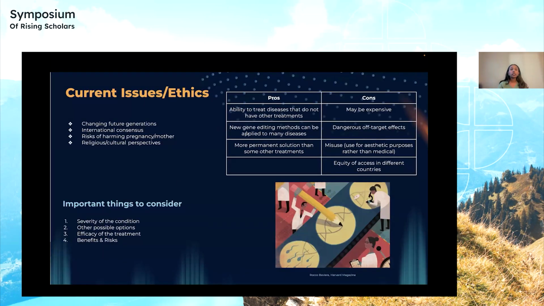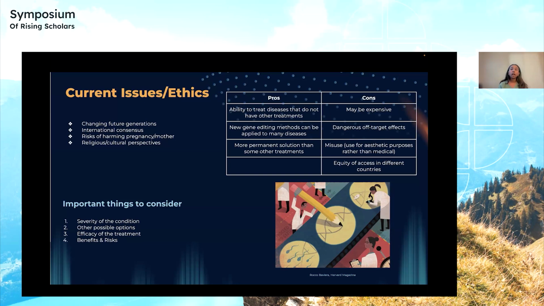Finally, I'm just going to discuss some current issues in ethics. Some pros of any gene editing treatment are that they have the ability to treat diseases that may not have other treatments. Like we discussed, Rett syndrome does not have a lot of other treatments. They also can be applied to many different diseases with small tweaks. They just have to be told where to go and they can do whatever you want them to do. Finally, they're a more permanent solution than some other treatments. For example, Rett syndrome has a drug that's approved, but this only alleviates symptoms. It doesn't really cure the disease, but with gene editing,